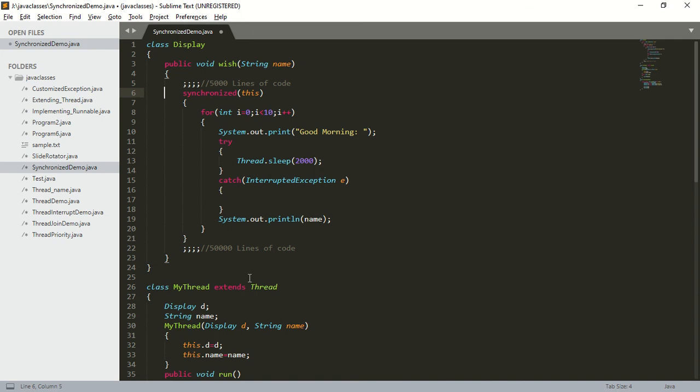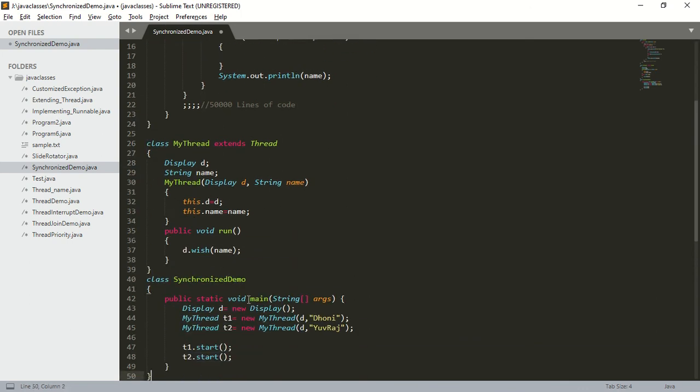So what are we using in this approach? In this approach we are using synchronized blocks. So what is a synchronized block here? This entire block is a synchronized block. To execute a synchronized block, a lock is required. So which lock is required now? The lock of the current object is required. That is why we are passing this. This is used to acquire the lock of the current executing object. So what is the current executing object? You can see here, the current executing object is D. So that synchronized block has got the lock of D object.